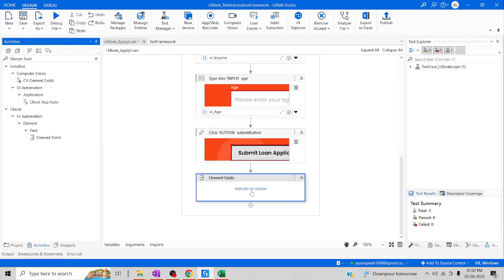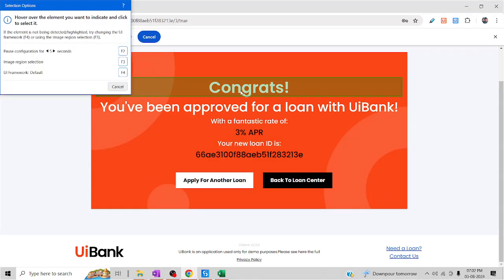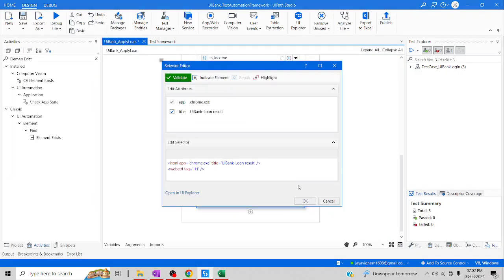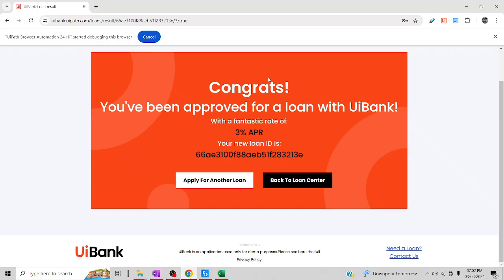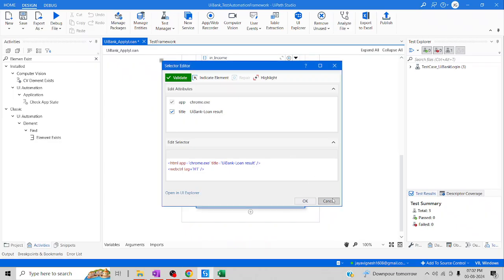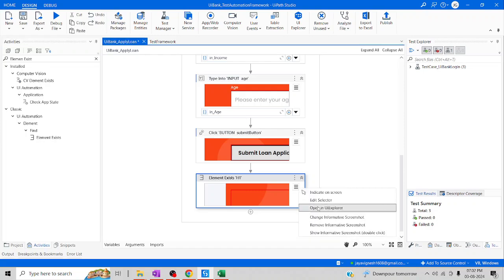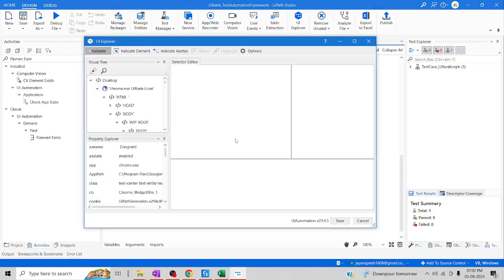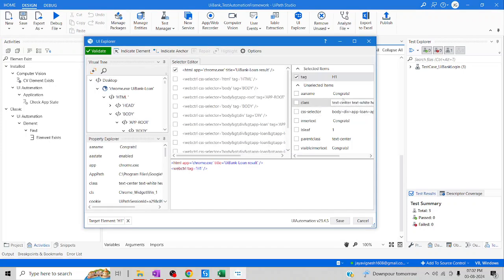So then I'm going to check for our congrats keyword. Okay, so what I'll do, I'll just ensure that we don't see the particular keyword, it's nothing but congrats. So I'll open in explorer mode and try to indicate or collect the selectors as a name, so where I can find my congrats keyword. So here I can see congrats. Let me pick this up, validate, perfect,